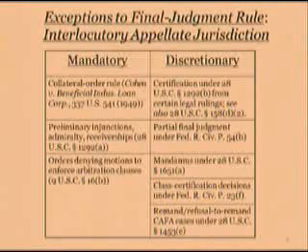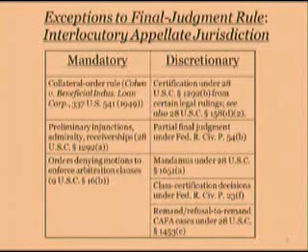On the other side of the chart are those that are characterized as discretionary. These are the kinds of orders that can go up on appeal but do not automatically go up on appeal. It depends on whether the trial court and/or the appellate court are willing to let it happen. So, for example,